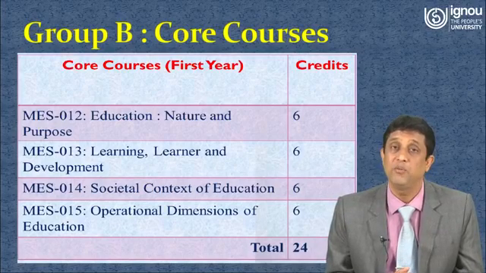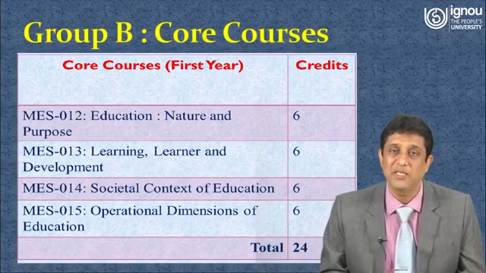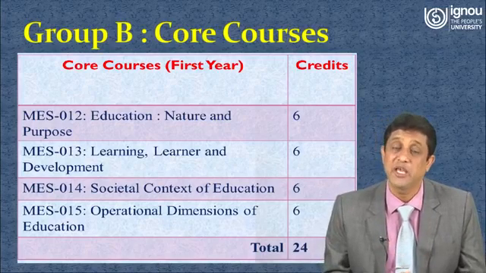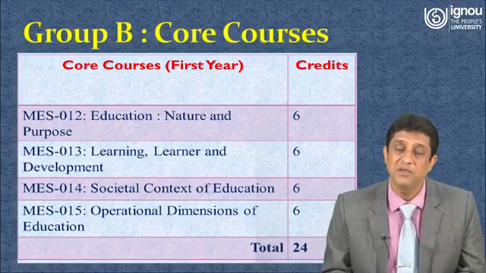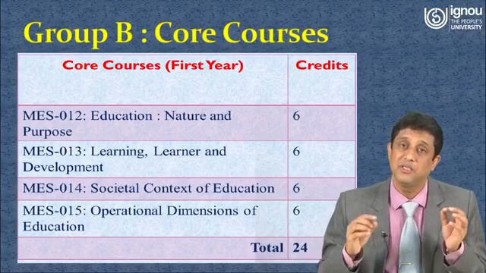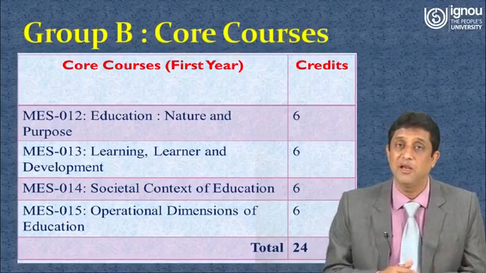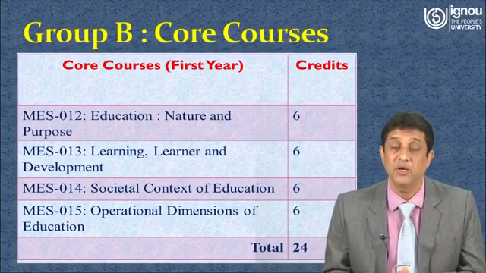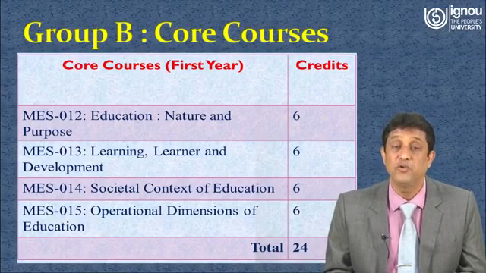1986. The well-known structure of education is called the 10 plus 2 plus 3 system of education. That means 10 years of school education, 2 years of higher secondary or senior secondary education, and 3 years of higher education, that is undergraduate education. But in NEP 2020, the further National Education Policy, which is going to be implemented in this country, you will find that the pedagogical structure of school education